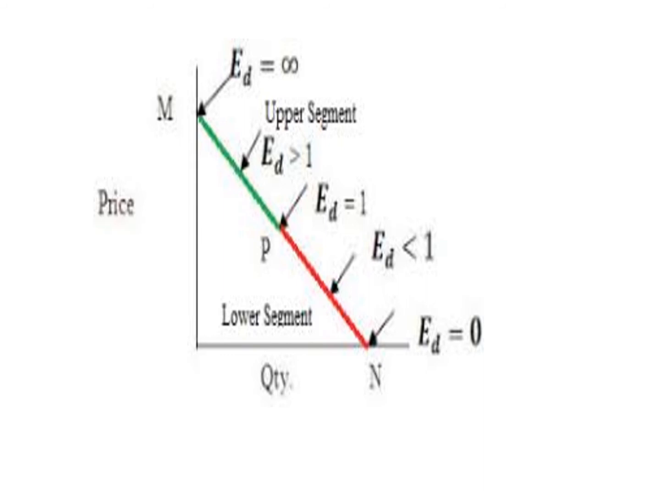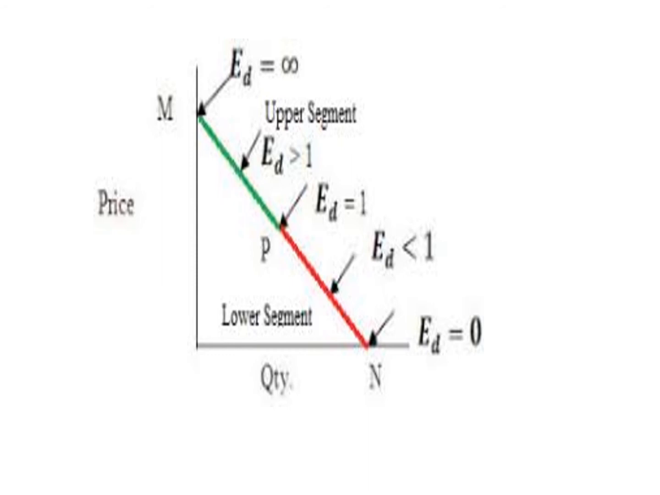On this demand curve, the lower section is represented by red color, and the upper section or upper segment is represented by green color, and P is the midpoint. At the midpoint, the elasticity of demand is 1. In the upper segment, or left hand side of the midpoint, the elasticity of demand is greater than 1, and at the lower side or right hand side of P,